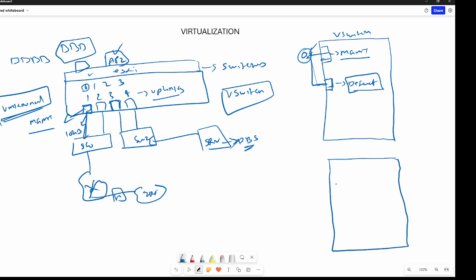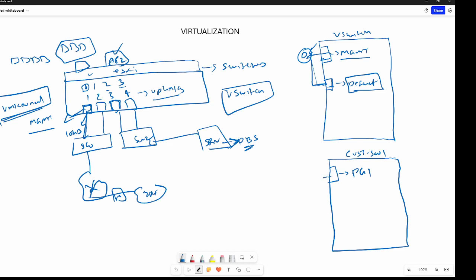I do have two options over here. First, I will go with the switch, then I will come to the port group. So I will say this one should be custom switch 1. By default, a switch will be created, that's all good, but there will be nothing inside. So next, you will create one port group. The port group may be PG1, you can give any name. Now my switch is ready, but my condition is that it should be able to reach the database, and that is either uplink number 2 or 3, maybe port number 3 or 4.